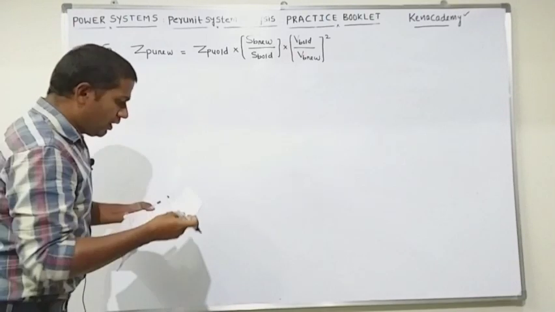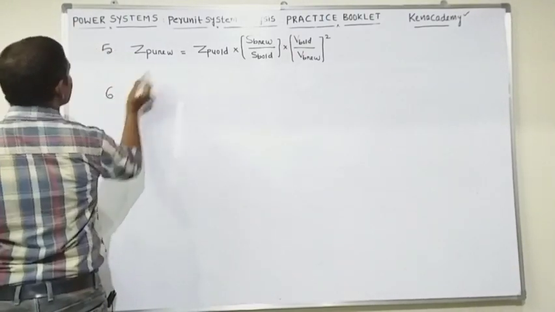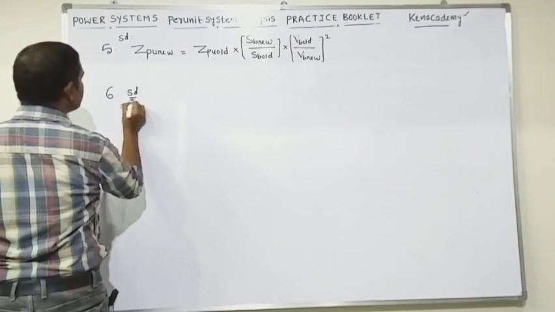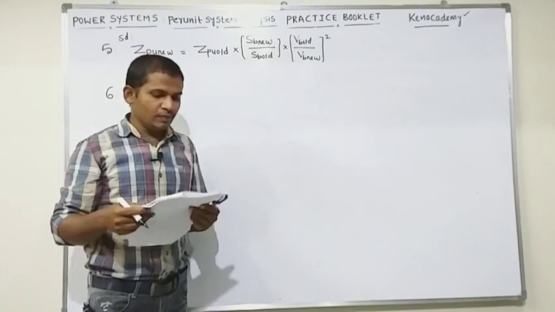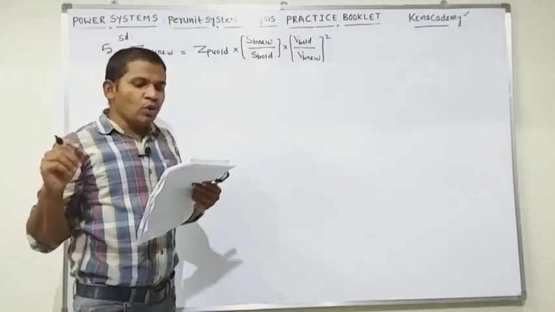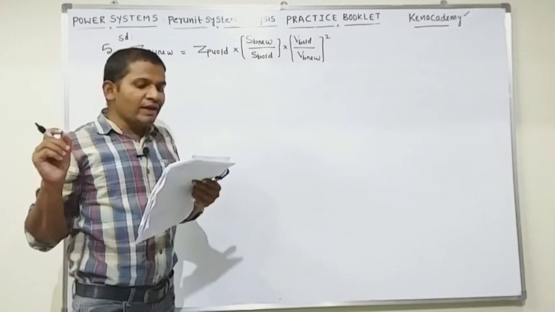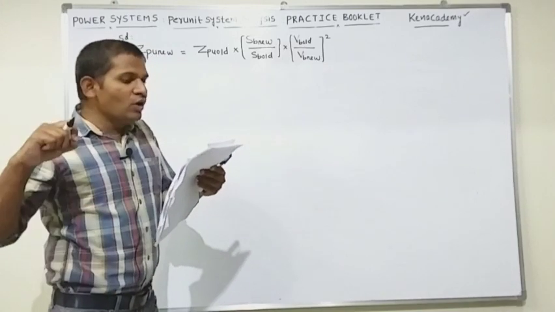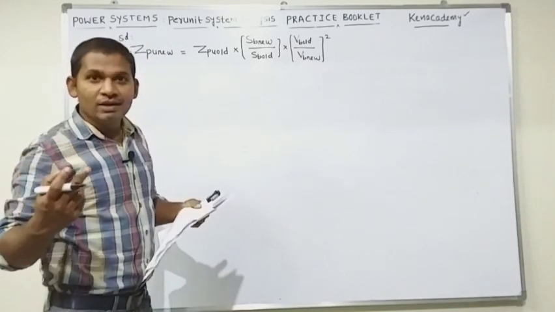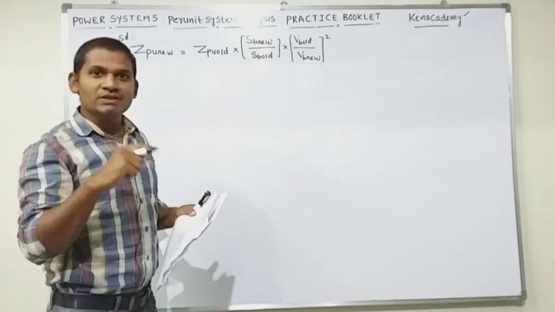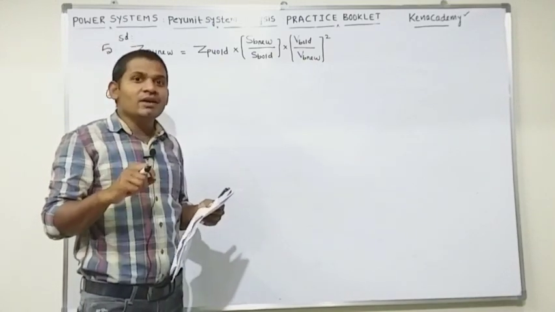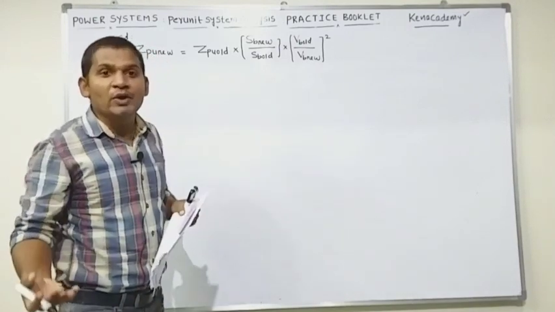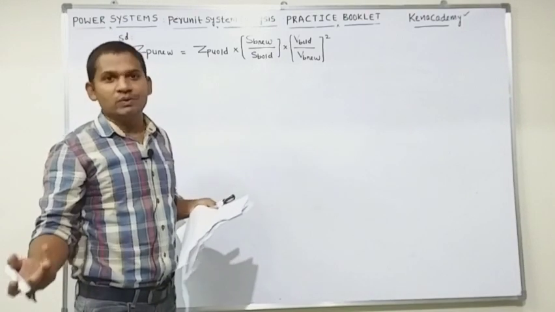Students, concentrate. Now I am explaining question number 6. This is the solution for question number 5. Question number 6 solution I am explaining. I am reading the question. For a given base voltage and base volt ampere, the per unit impedance value of an element is X. What will be the per unit impedance value of this element when the voltage and volt ampere base both are doubled? This model I explained in the practice questions also. That means if both voltage and power ratings are doubled, then the per unit value becomes 1 by 2.